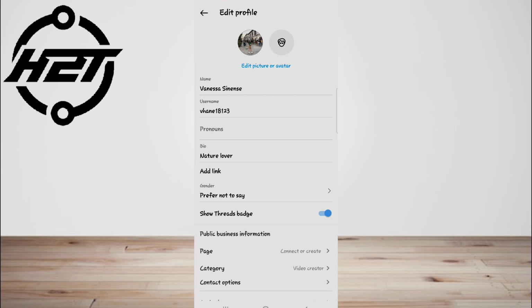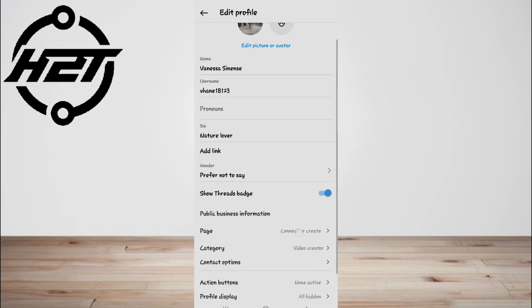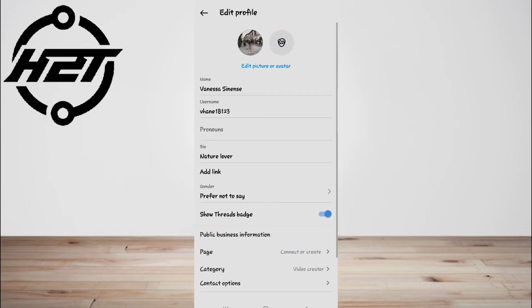Your Instagram username must be unique. So, if the one you pick isn't available, Instagram notifies you. In case of unavailability, you can add a period or underscore to the username or select an alternative one. Once you've made the changes, tap the light blue checkmark icon in the upper right corner of the app to